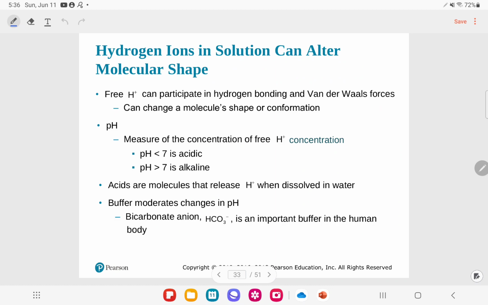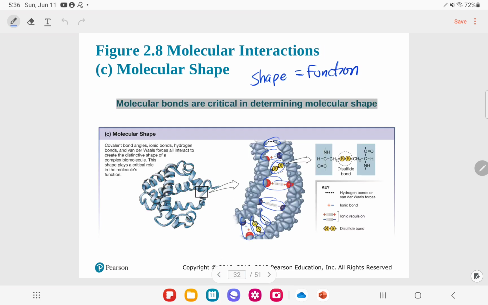Hydrogen bonds or hydrogen ions in solution can alter molecular shape, though. We have those free hydrogen ions. They can participate in hydrogen bonding and van der Waals forces, and that can change a molecule's shape or conformation. And if we look at the last slide, it should have